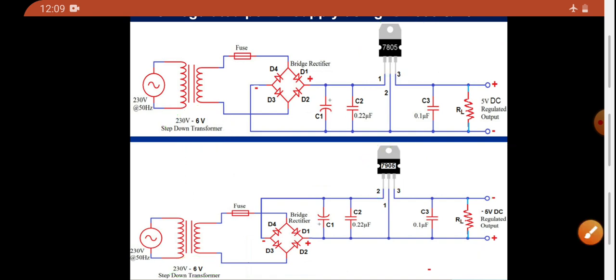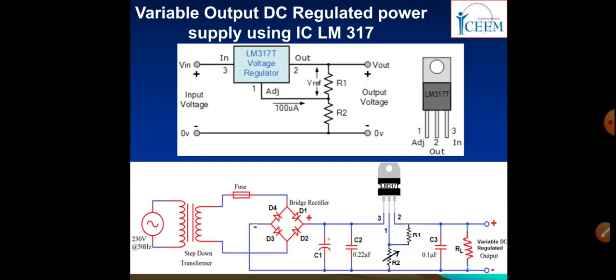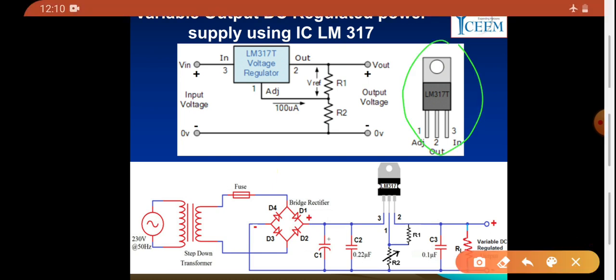Hope you have understood the positive and negative fixed voltage regulator. The output is fixed. Now we want to generate a variable output. So this is the IC which is used as a variable voltage regulator IC. IC stands for integrated circuit. Again there are three terminals, one adjust,